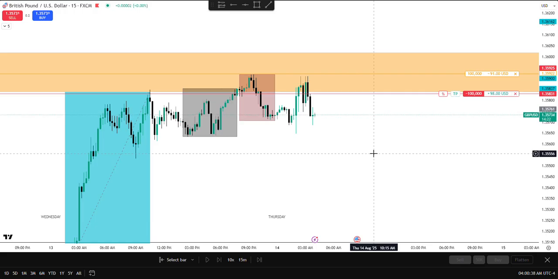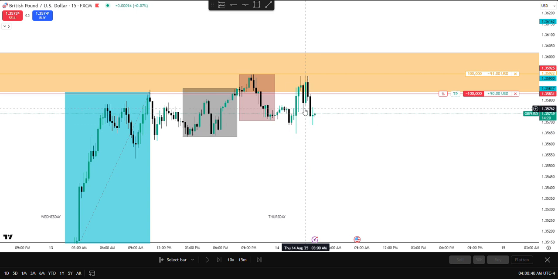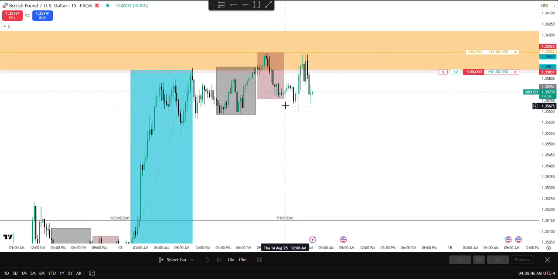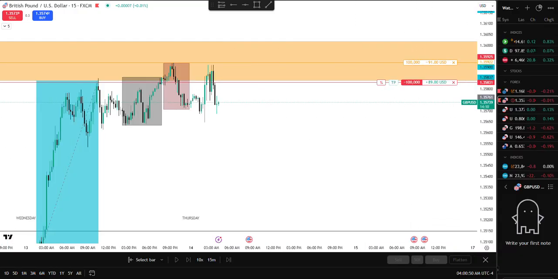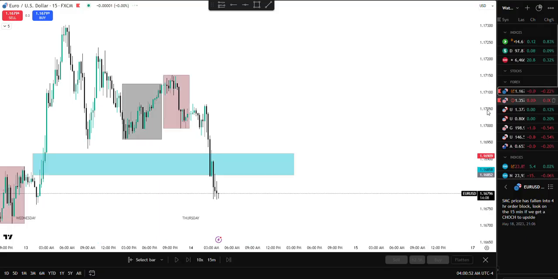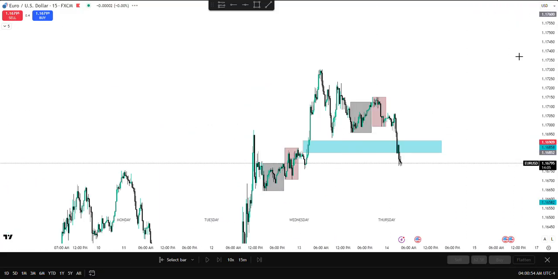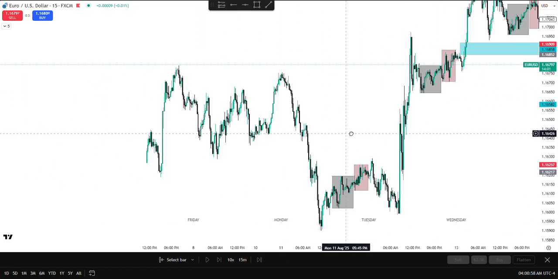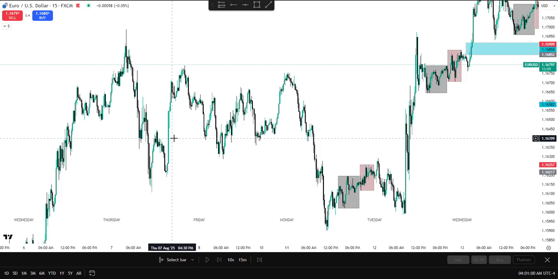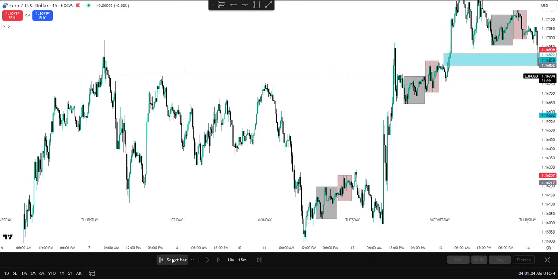And I'll show an example of exactly that from another day, I think. I can't remember what day, but from Euro USD. So I'm in a short position here. We see it comes close to my stop, but doesn't tag me out. Targeting these lows down here. We'll go to the Euro. Which day was it? Yeah, it was that day here.